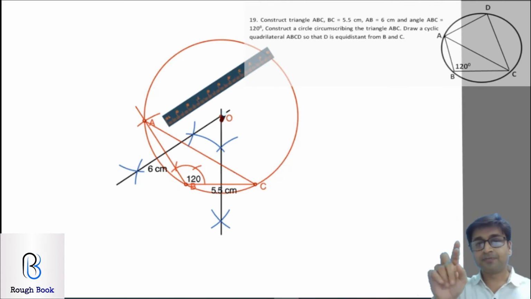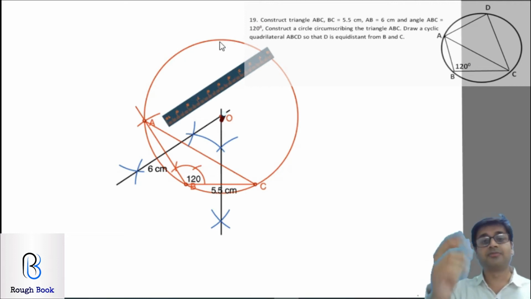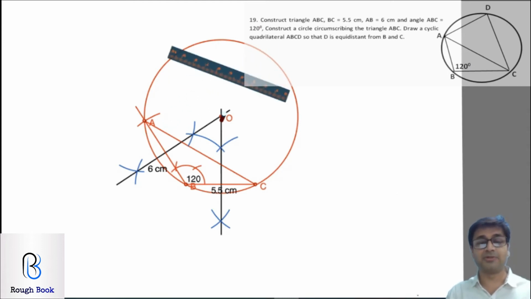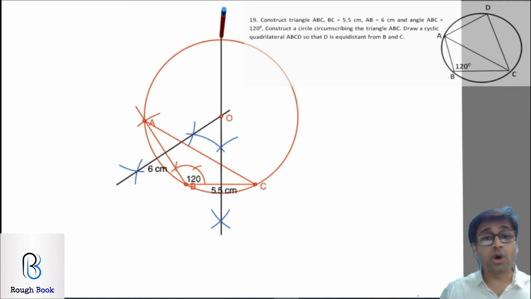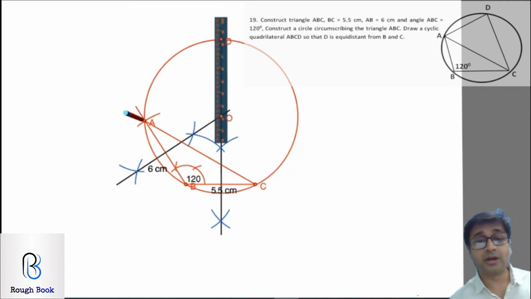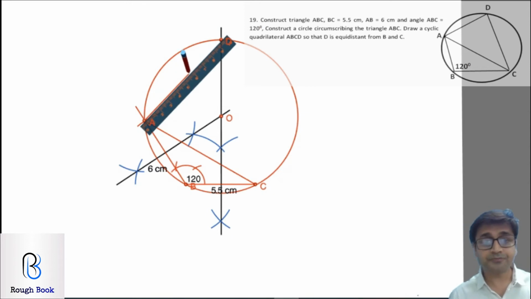Right now 2 points, that means this point D lies on the side bisector. It is also cyclic, that means point D is also lying on the circle. So if you take the side bisector of BC which you've already drawn, extend this, wherever it hits the circle becomes your point D. That's it, nothing else you got to do. So let me extend it. Wherever it hits becomes point D. Join AD, join DC, and that will be your cyclic quadrilateral. So I'm marking D, joining AD, and then I shall join DC, and a cyclic quadrilateral is ready.